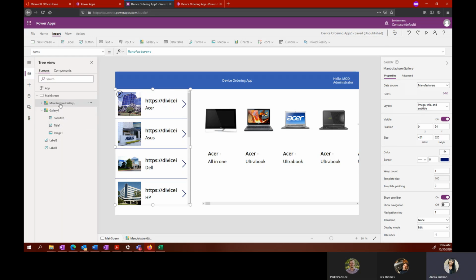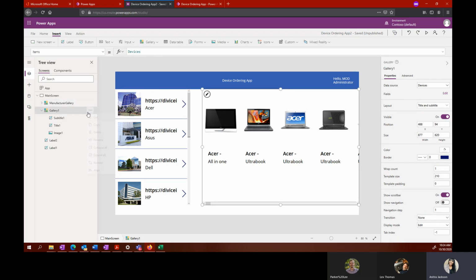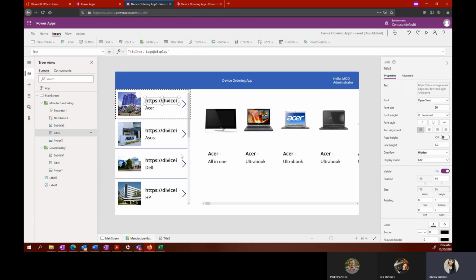Okay, and then let's go ahead and change this gallery 1. I'm going to make this my device gallery, just so I know later on which gallery is which. So instantly now everything has changed and updated. So what we're going to do now is go into our properties tab for this